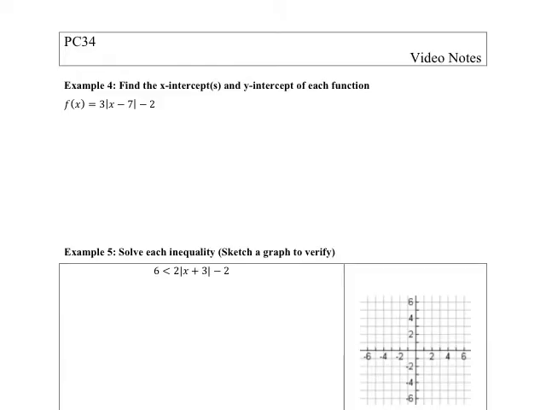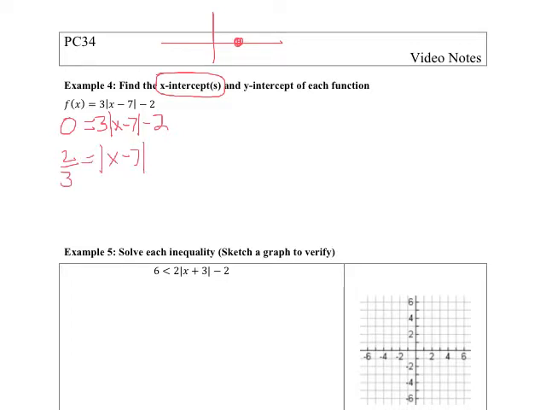Find the x-intercepts and y-intercepts of each function. And when we're asked this, we should remember that an x-intercept will occur when the graph crosses the x-axis, or when y is 0. So if we let y be 0, we have this problem here, and we need to solve this problem. Add 2 to both sides, and then divide by 3, and we get 2/3 is the absolute value of x